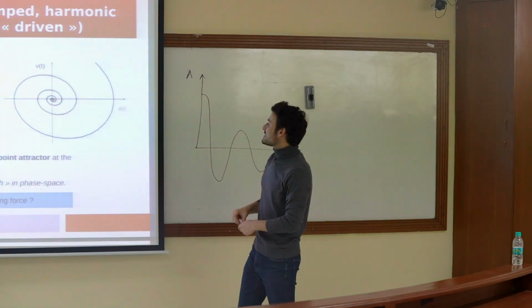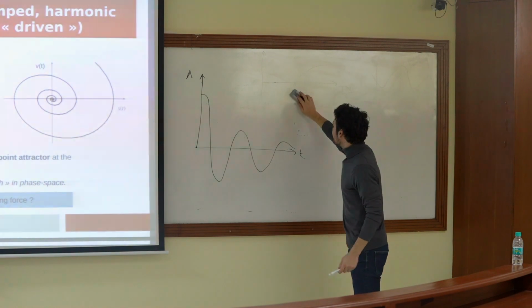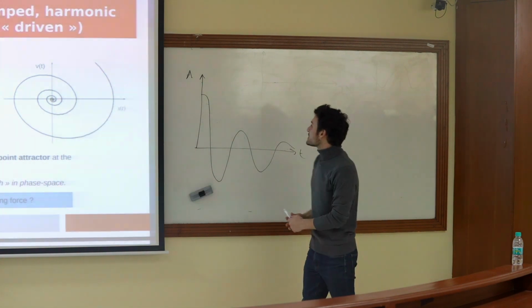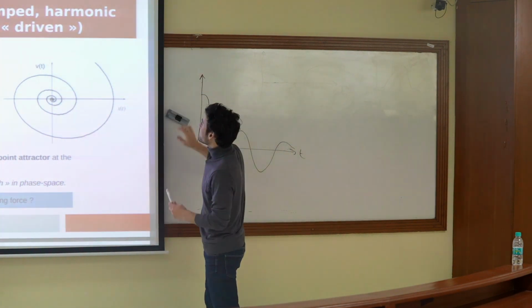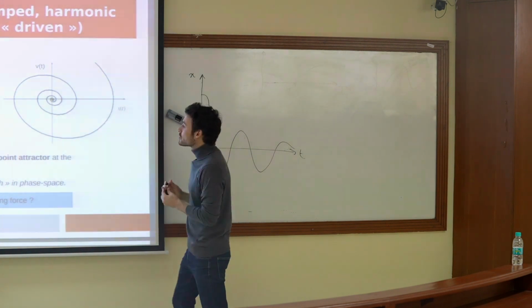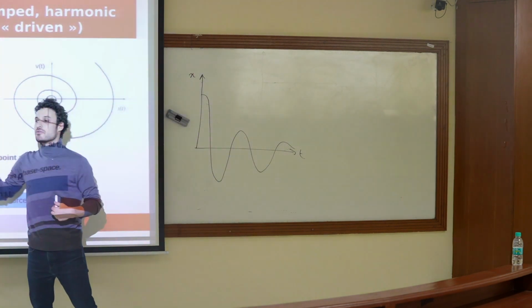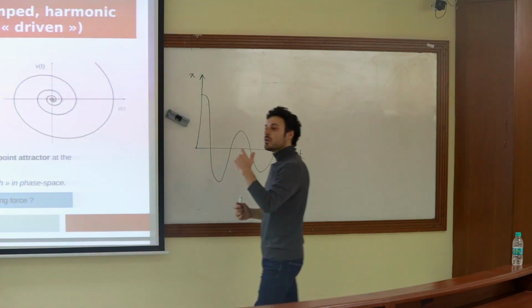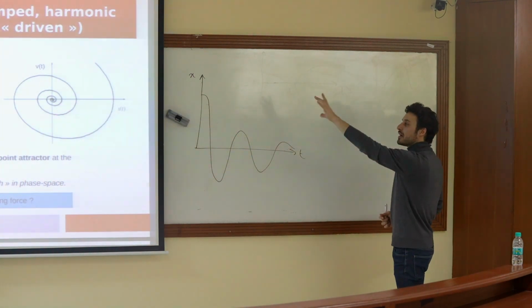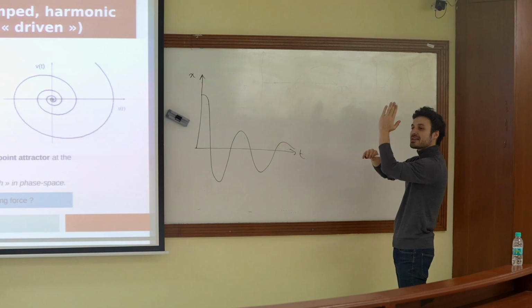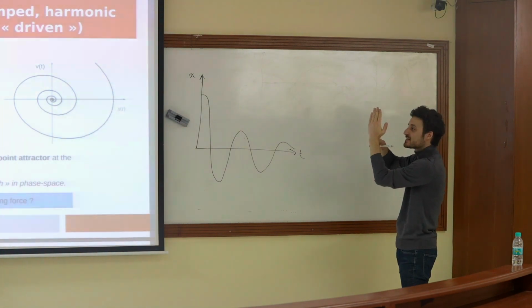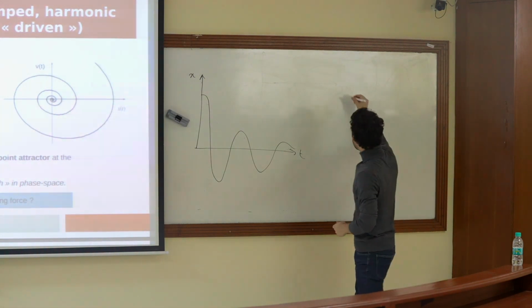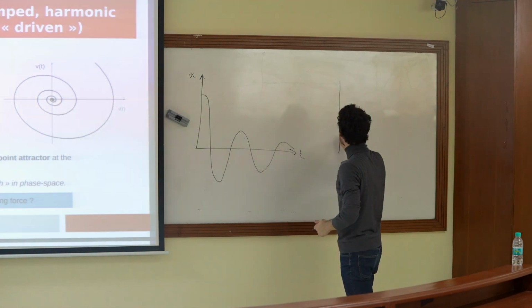One of the interesting representations of such a phenomenon is in phase space, right? Instead of just describing how, well, actually I'm going to call it x, instead of just describing how the displacement changes over time, I want to see the trajectory of my system in a space that has velocity on the y-axis and displacement on the x-axis.